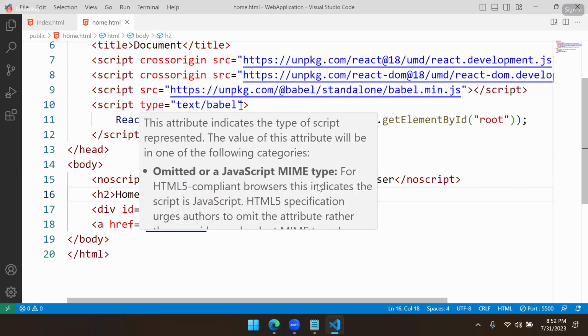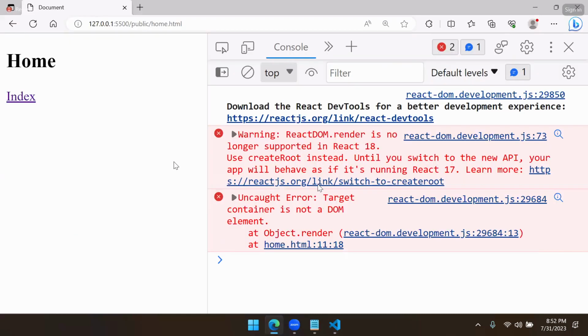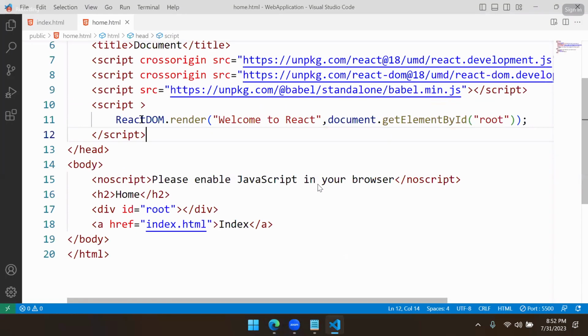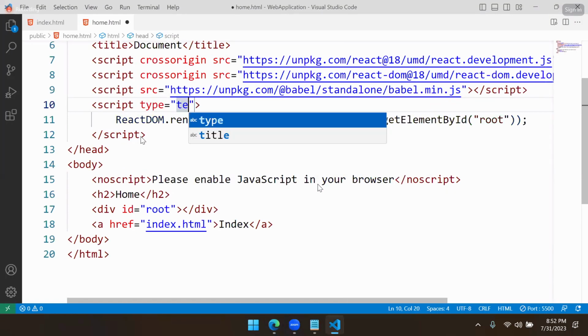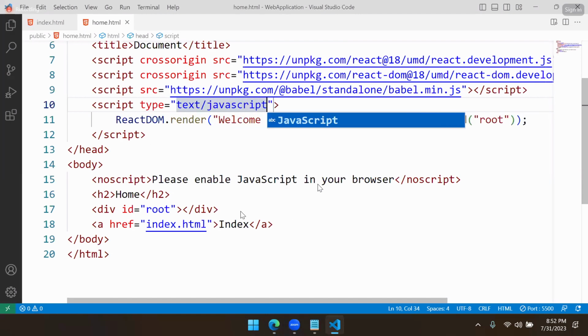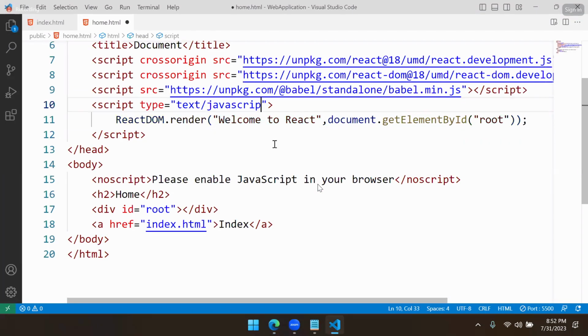If I don't mention the type as text/babel, you can see it cannot work. It cannot work because usually type will be, you learned in JavaScript, text slash what? JavaScript. Text/javascript will display like this, and you can see it is not working anymore. Because now the type is not JavaScript, it is what type? Babel. This is important. Actually, there are two methods. You can use Babel, you can use also